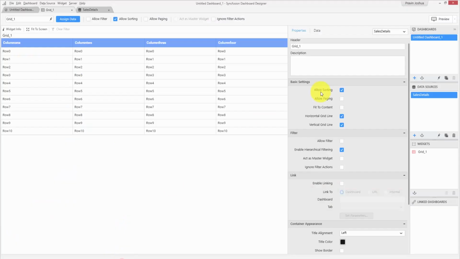As said earlier, all the configurations related to the properties section should be done in the functionality settings. By default, all the widgets will have the header, description and container appearance settings. All the other settings are optional, and the user can manually configure them for their custom widgets based on the capability of the widgets. Let us configure the basic settings for the Sunburst chart.